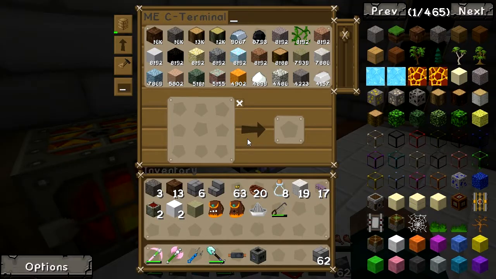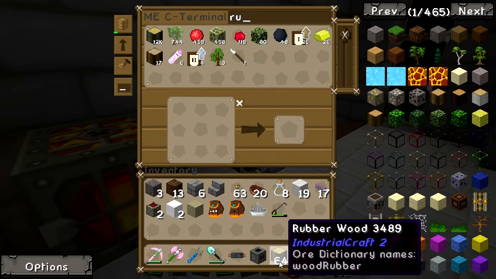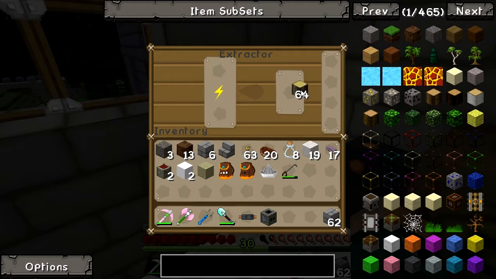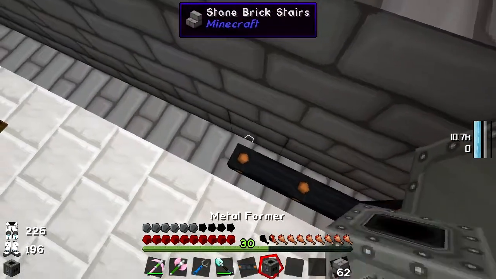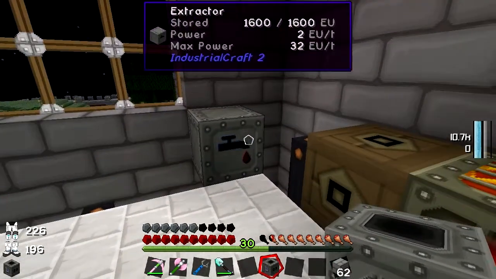So let's get some rubber wood, because we are creating that automatically now. One stack of rubber wood. That goes in the top, obviously, and that will now get extracted ever so slowly, but that's okay. We also had this thing, which was the metal former, which was the machine which could...